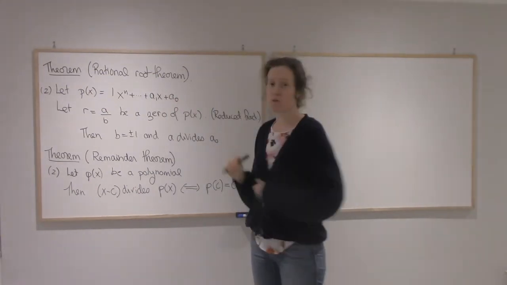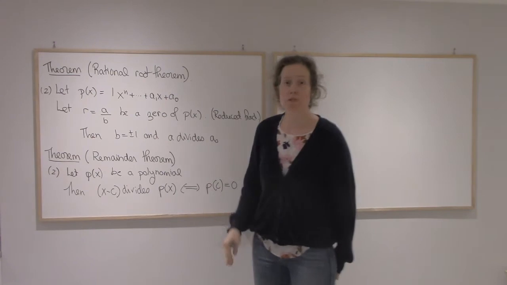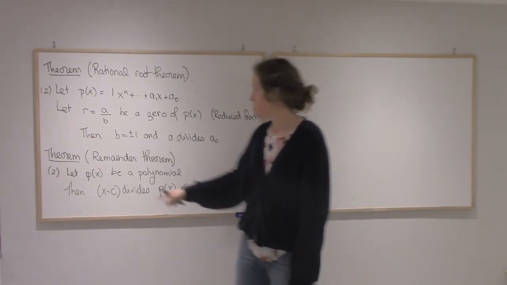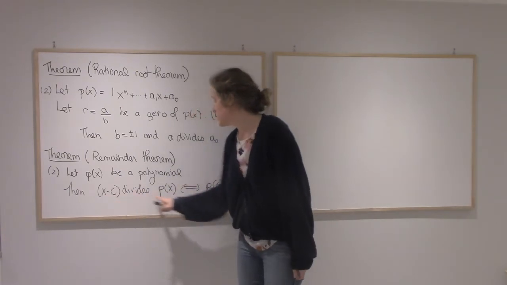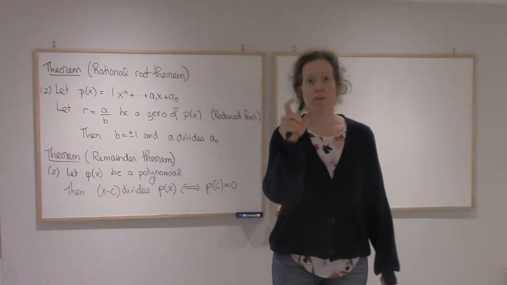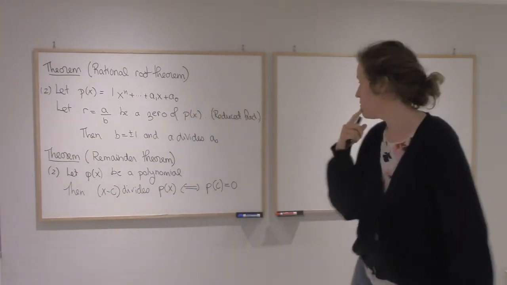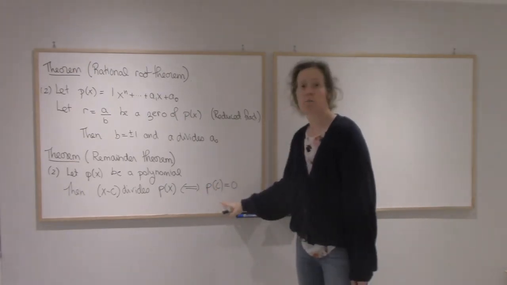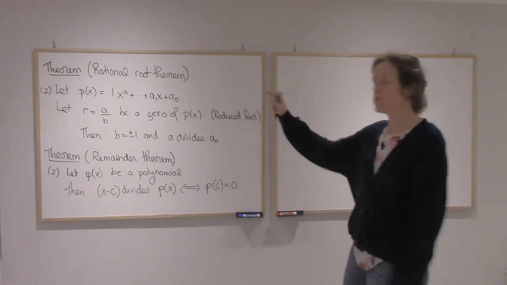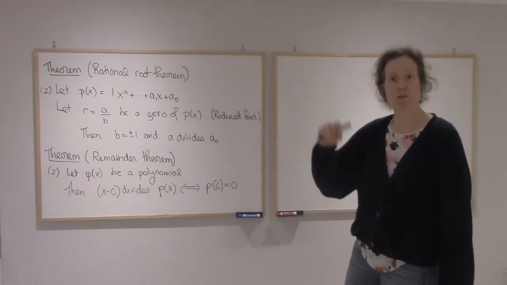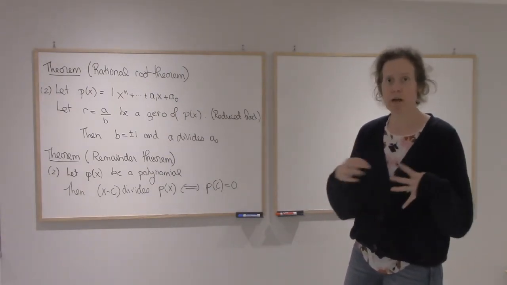Right, so that's the first one I'll use. I'll also use the second part of the remainder theorem, which says that if you have a polynomial, then x minus c divides p of x, so that's one of the factors in the factorization of p of x, exactly when c is a 0 of p of x. Alright, so we're going to use these two to factor a polynomial that a priori I would not know how to